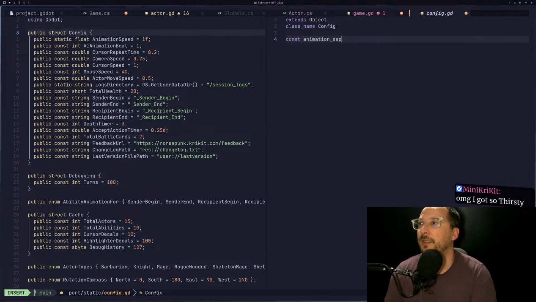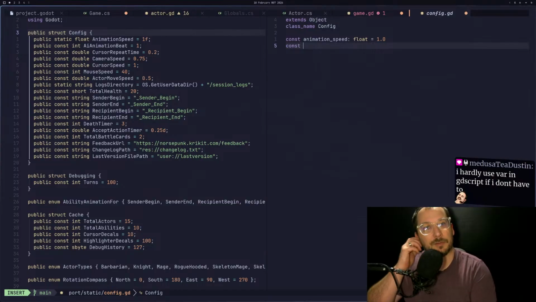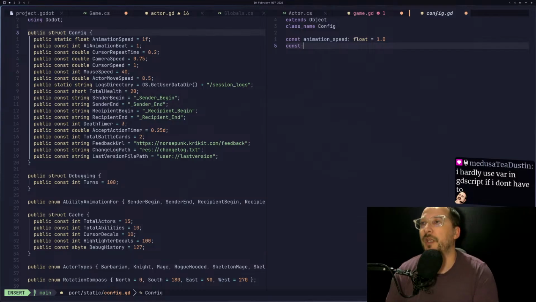Animation speed is a float, and its default value is 1.0. Const. I hardly use var in GDScript if I don't have to. Yeah, I just wish, I don't know. And I think maybe it's partly just a way of setting it up where